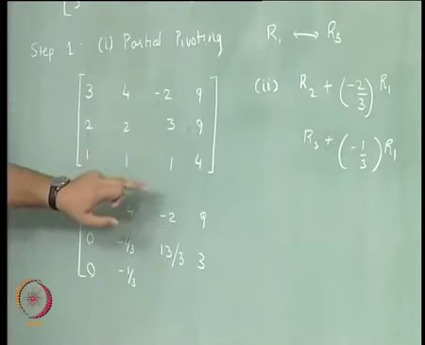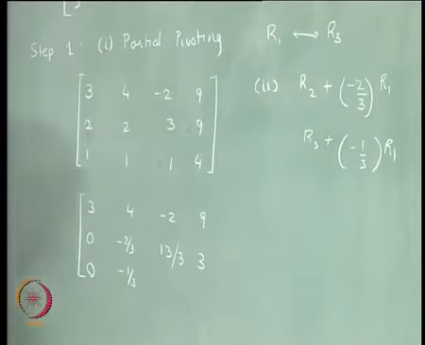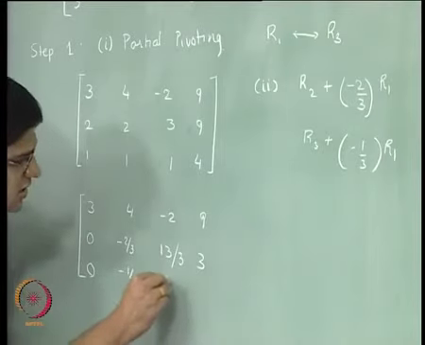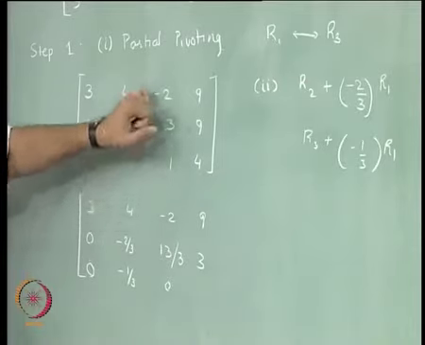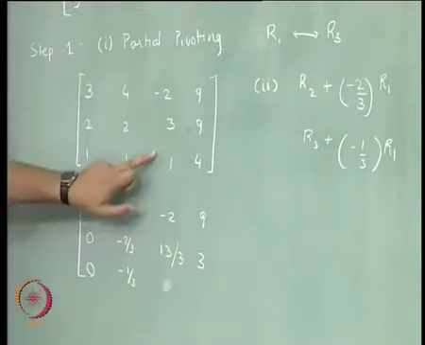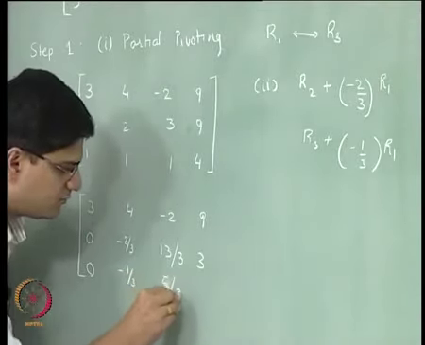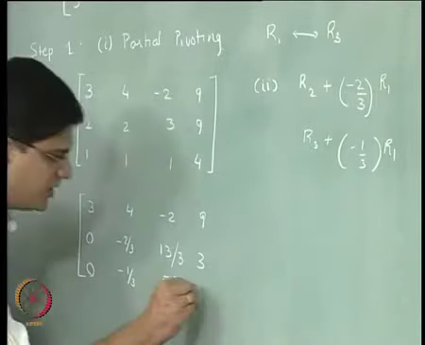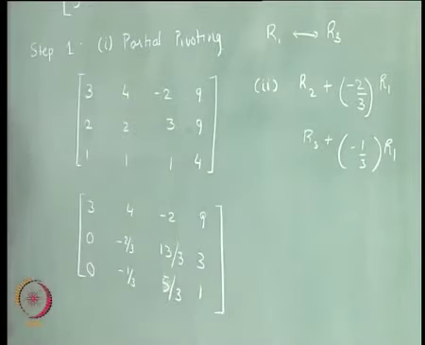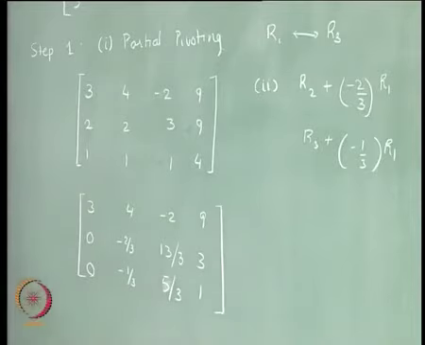Okay, then we will get basically 1 minus 1 by 3, that is really going to be 0 over here, and then 1 plus 2 by 3, that is going to be 5 by 3, and here we will get 4 minus 3, that is going to be equal to 1. Okay. So, this is perhaps what we are going to get, unless I have made a calculation error over here. This is what we will end up getting after step 1.